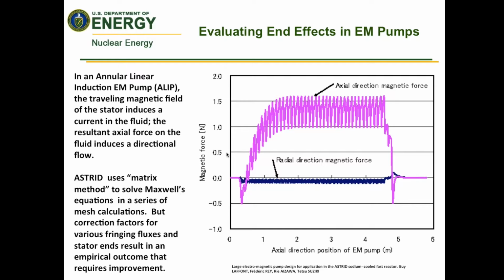Astrid is a French sodium-cooled fast reactor design. They use an ALIP in their secondary loop. They've done some evaluation of that, but they used the matrix method, not truly a model of how this works. It's not a modeling or a code for looking at how the